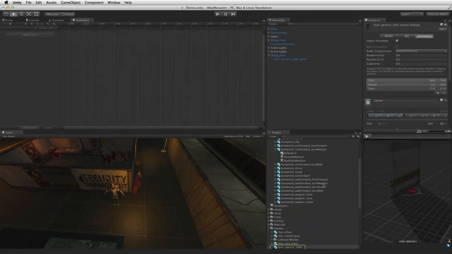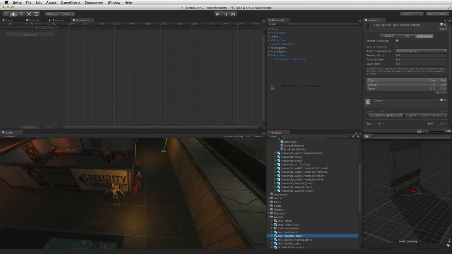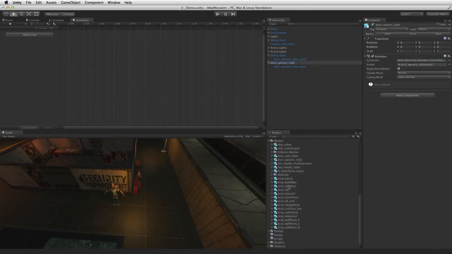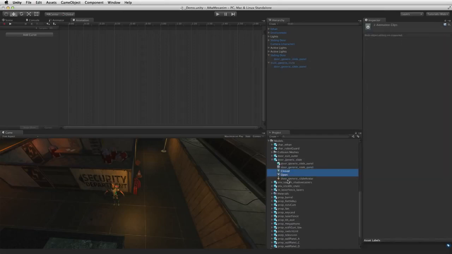So what we need to do is disassociate the model from the animations that it came with. Let's go ahead and bring in this model. Here's the generic door slide model. Bring it in again. And then we don't want any animations associated with it, but we can bring in the animations separately. So let's come back to that door generic slide, and then I'm going to duplicate both of these animations, and then I'm going to go ahead and drop that back down on top of the